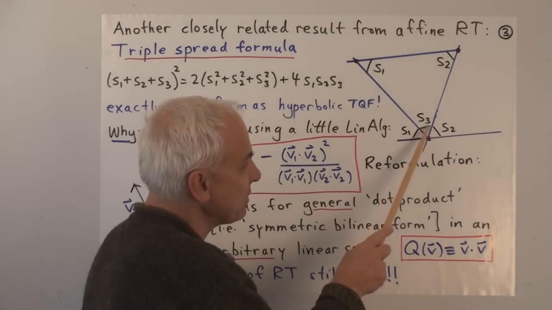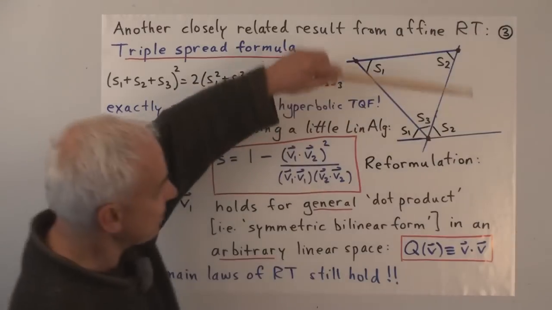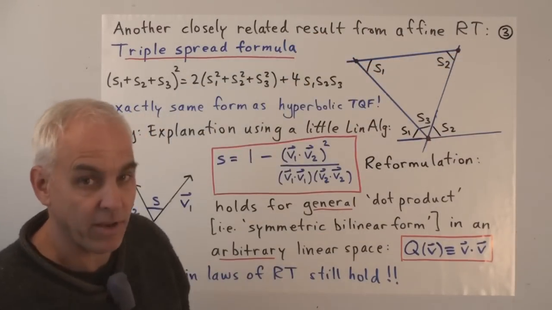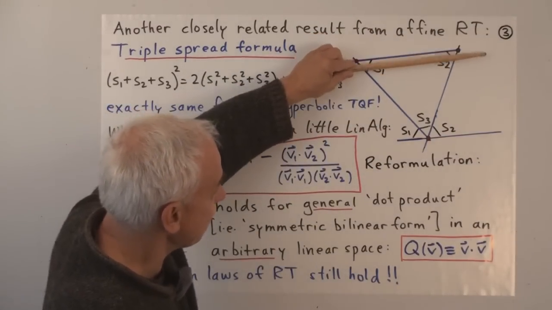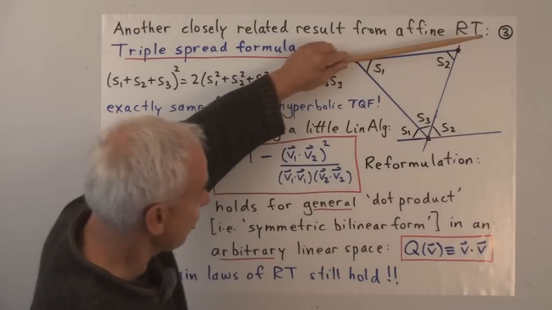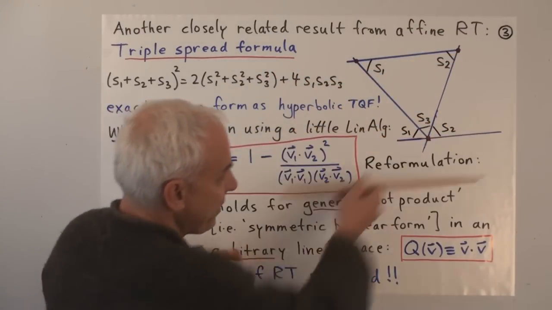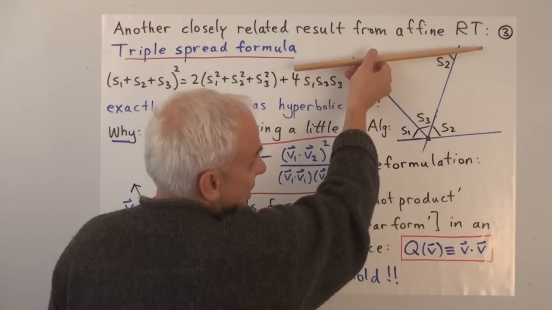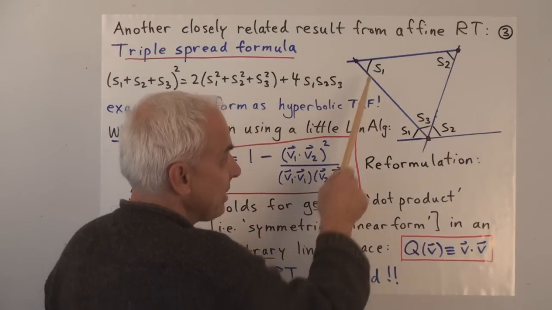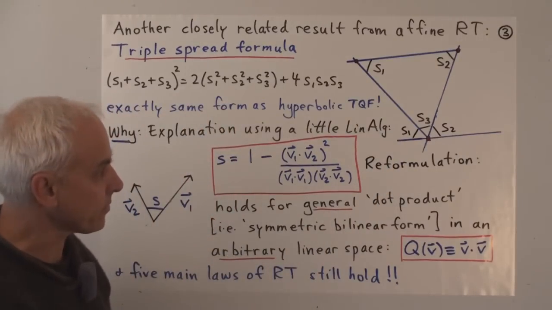three spreads formed by corresponding concurrent lines. If we take this line here and we translate it so that it's always parallel, then the spreads that it makes with the other two lines don't change. In particular, if we move it all the way so that it's down here, then the spread that it makes with this line is the same spread that this line made with this line. In other words, it's S2. And similarly, this spread S1 here is still the same as this spread S1 here.